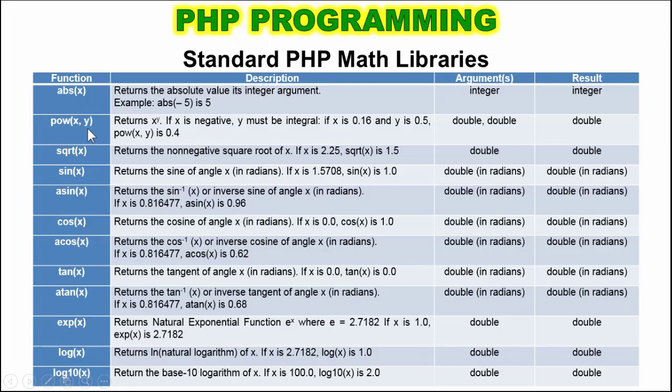Another example, if we want to compute the sine of an angle, we call the built-in function sin, and then we need to pass an argument, the angle, which is measured in radians, not in degrees. Therefore, if the measured angle is in degrees, you need to convert degrees to radians so that it will calculate correctly. And we have cosine, tangent, inverse tangent, natural exponential function, logarithms,